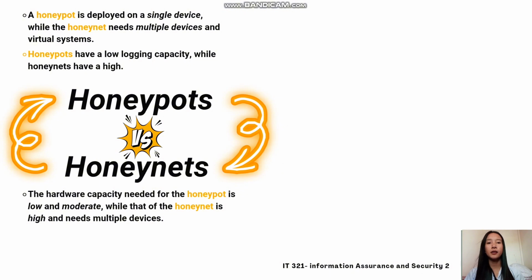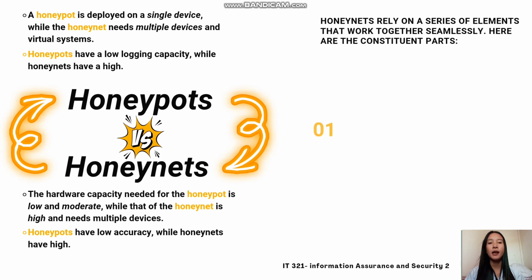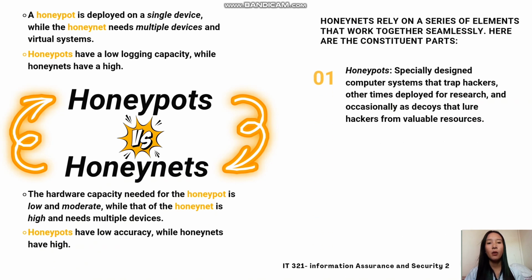Honeynets rely on a series of elements that work together seamlessly. Here are the constituent parts. Honeynets are a series of, one, honeypots: specially designed computer systems that trap hackers, other times deployed for research and occasionally as decoys that lure hackers